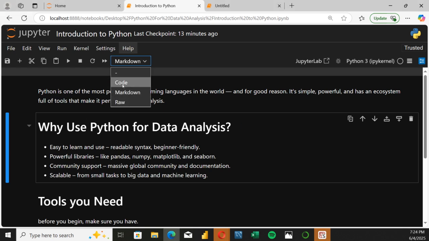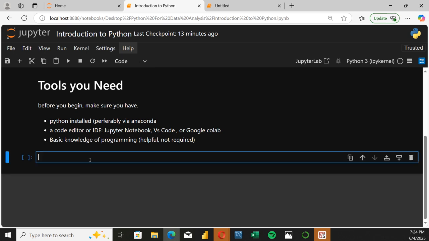So let me explain these three things you have here: the code, the Markdown, and the raw. So let me explain the code. But before moving on to that code,